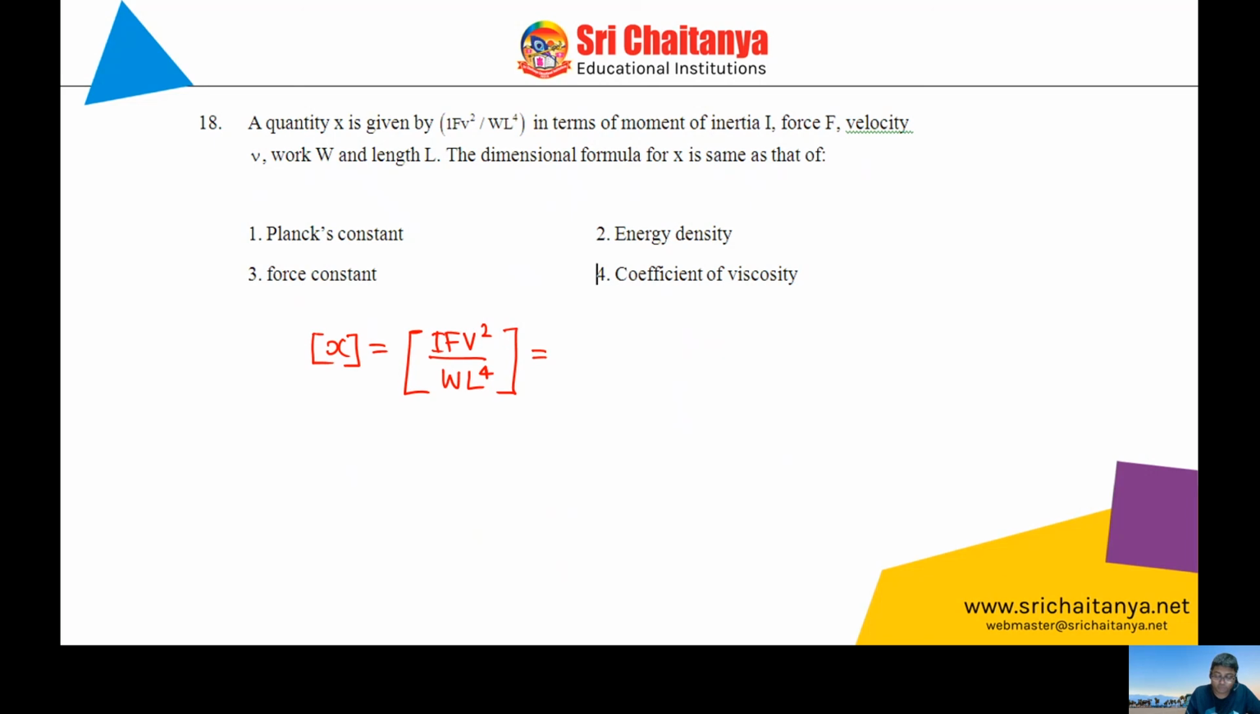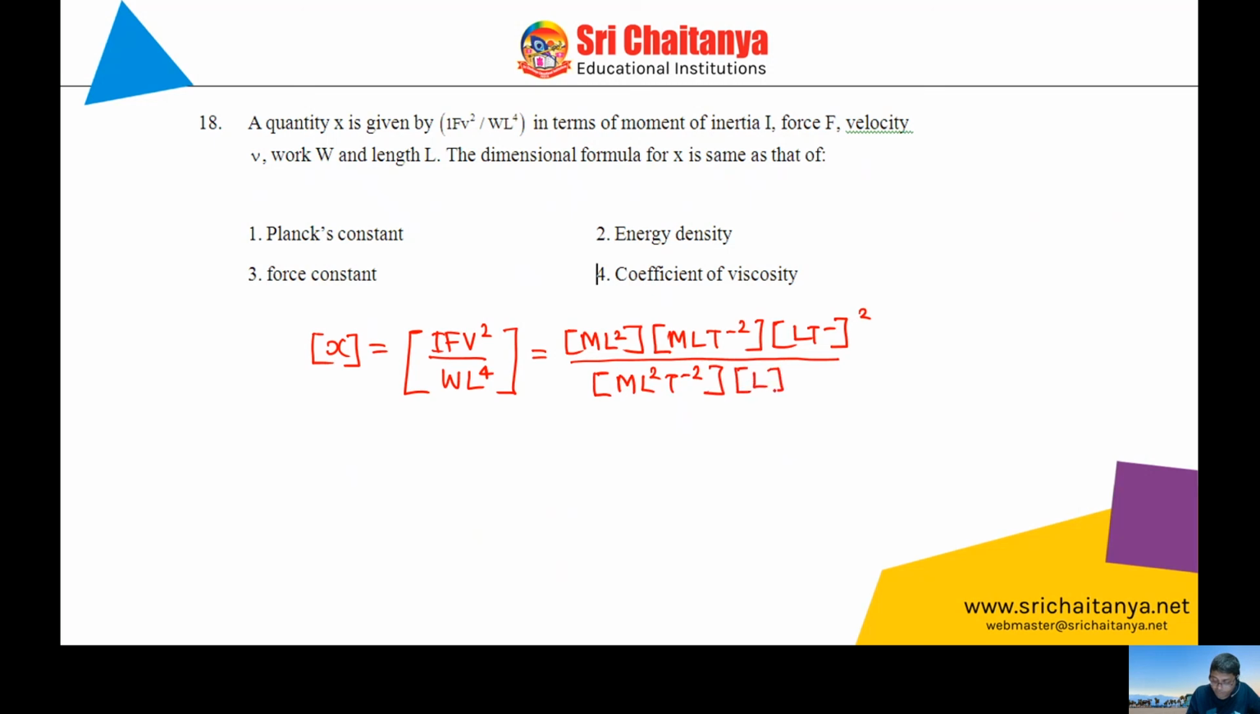So for moment of inertia, what would be the dimension? That is simply going to be ML². The dimension of force would be MLT⁻². Dimension of velocity is going to be LT⁻¹. And the dimension of work would be nothing but ML²T⁻², and that will be L